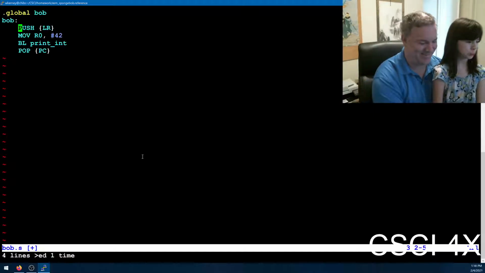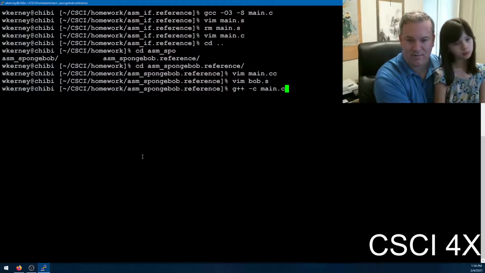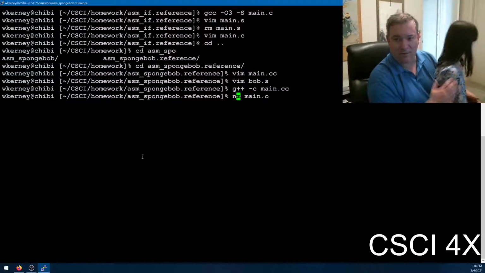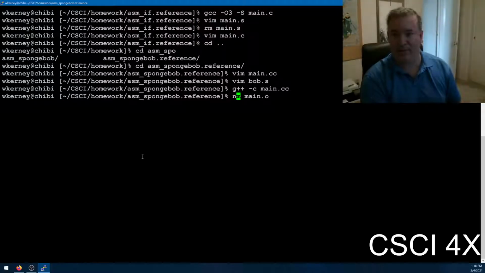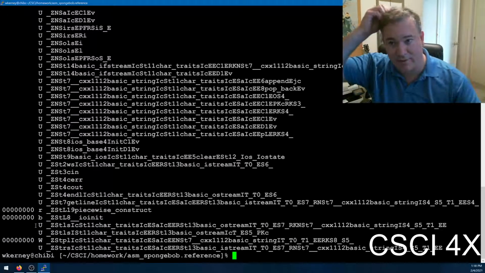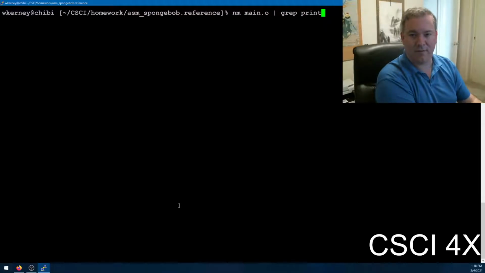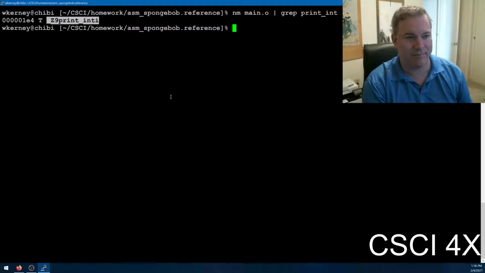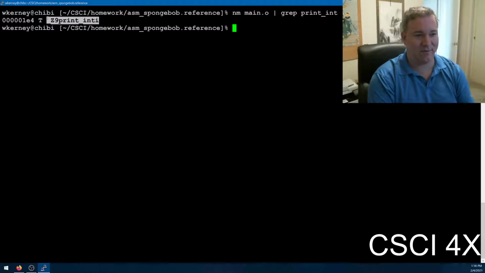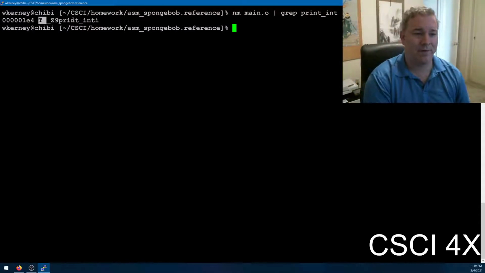So this doesn't work, and the reason is that if we g++ -c main.cc and look using nm, which tells you which functions are in a program, these are all the functions inside main.o. U means it's undefined: it's calling these functions, but they're not in here. These are all standard library functions. But if we pipe through grep printInt, there it is. The name of the function is actually _Z8printInti. See how it's T, that means it's in the text segment, which is your code. So if I want to call this function from assembly, from Bob,